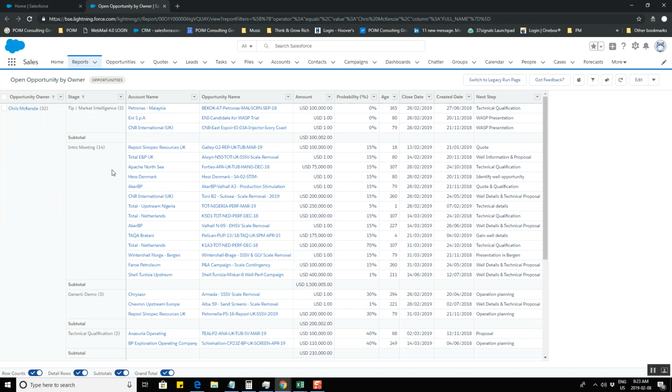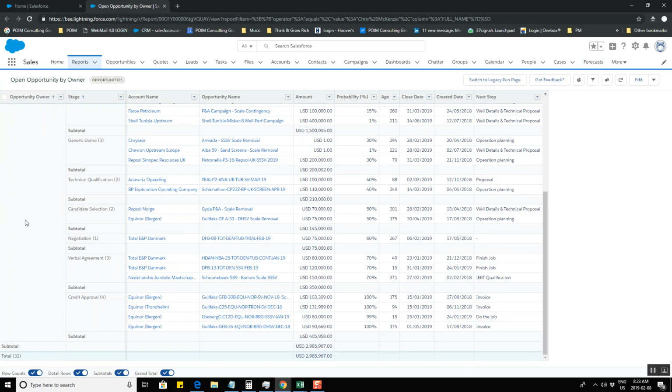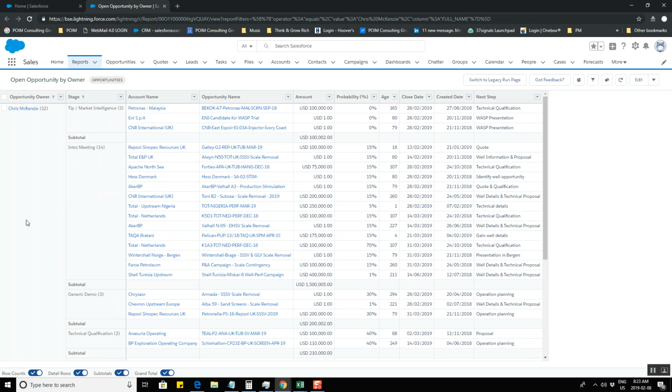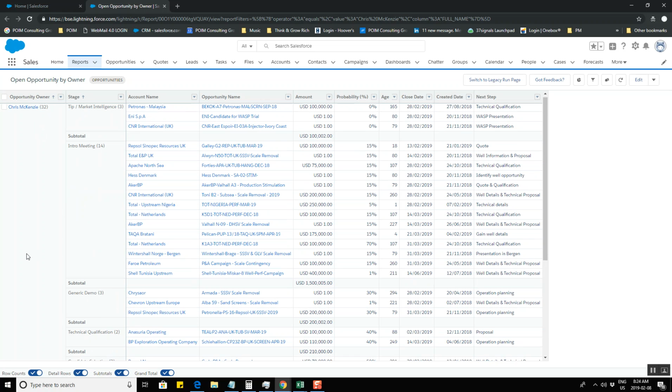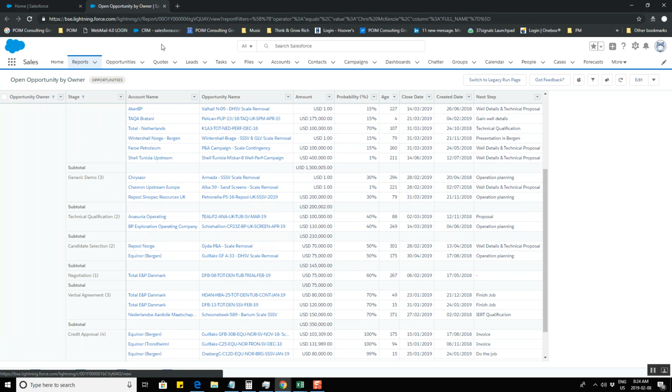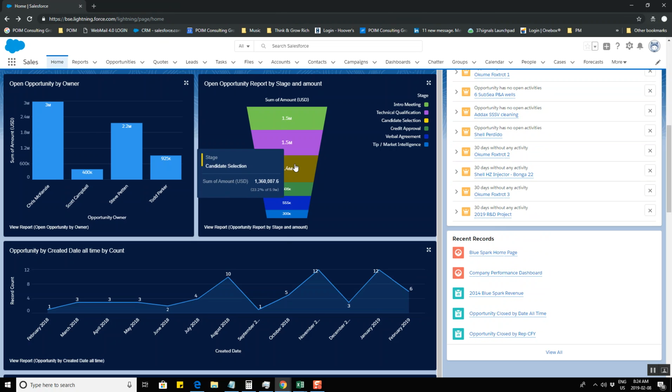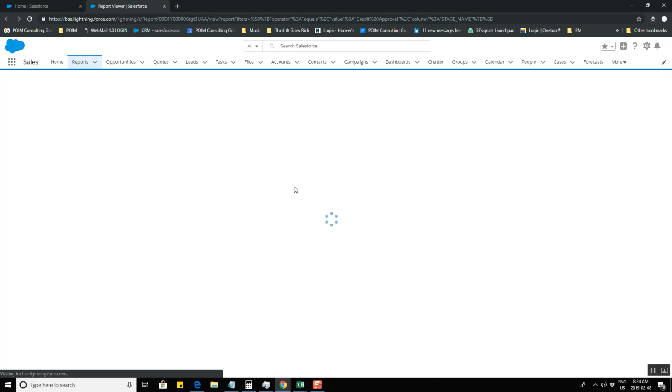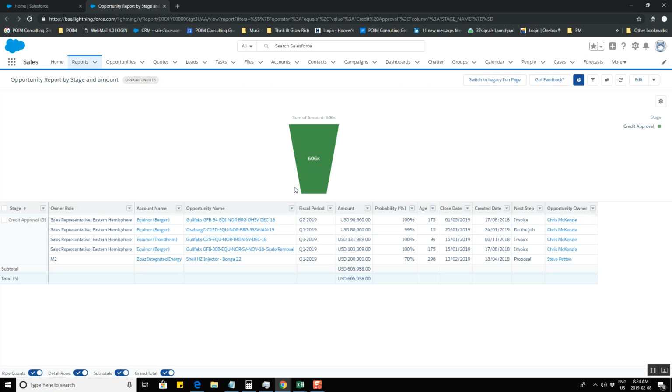So I can go in and I can drill down on this a lot further. I can hide that and then drill down and take a look at where we are, by state or by person, and then by stage, and then allow us to go in here and take a look at which ones that we want to focus on more closely. Here's our funnel, and again, we get very focused. So credit approval is green, 600,000 credit approval. I click on that, and then that takes me right into my credit approval reports, and then I can see, hey, which are the accounts that we need to be focused on, and how do we get that moved across